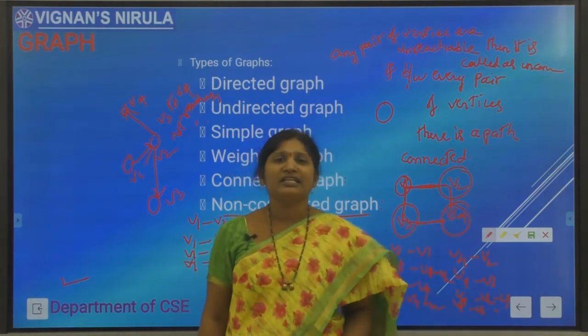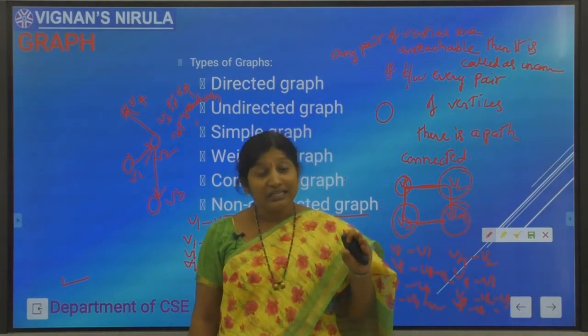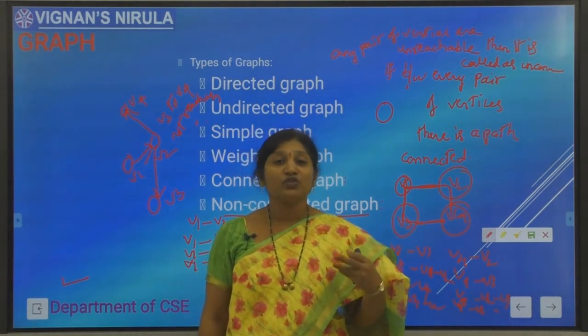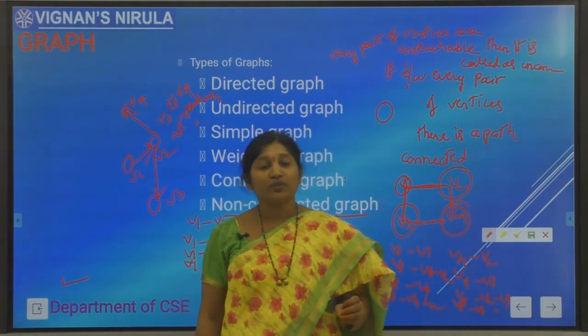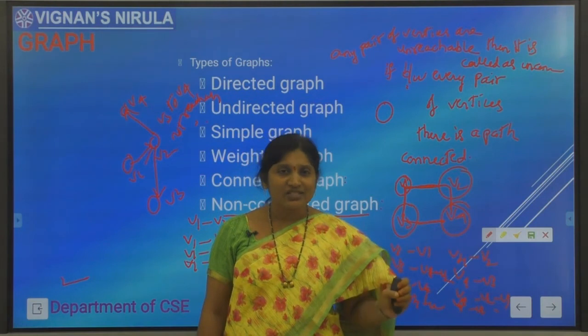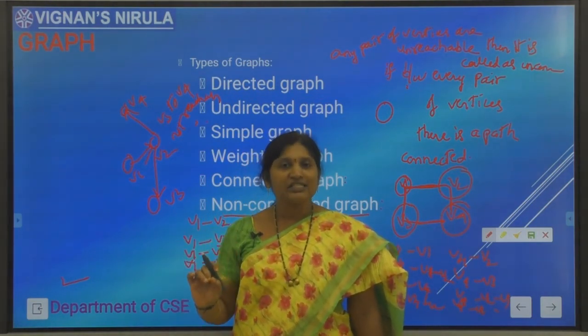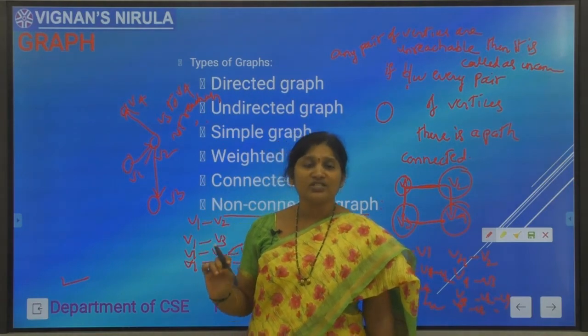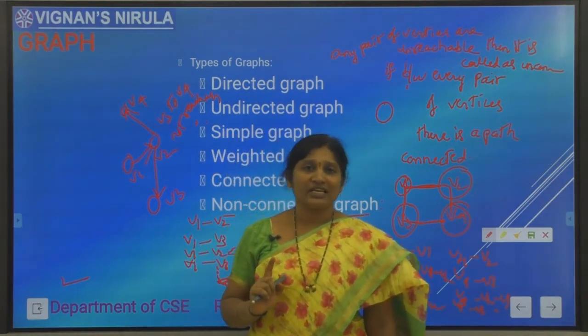Coming to the third data structure, the stack. A stack is also a linear data structure which organizes the given elements in last in, first out manner, in which the last inserted element will be the first one to be deleted. Here the insertion and deletion operations happen at only one end, called the top of the stack.